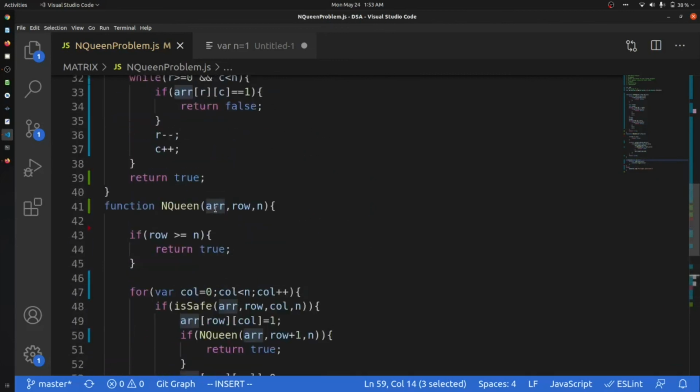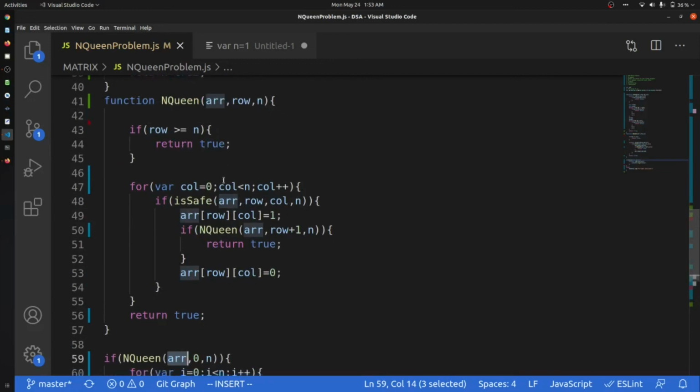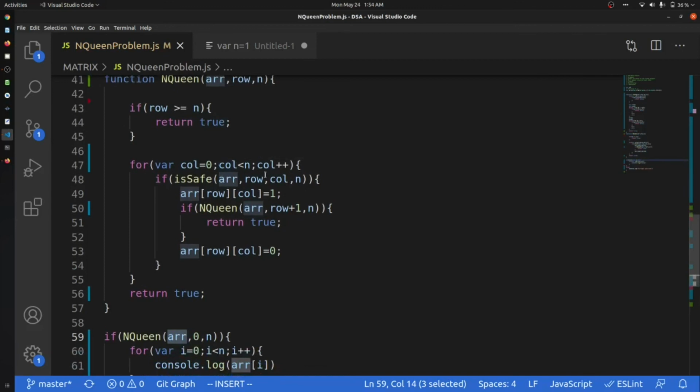We come to nQueens and check if row is greater than n, return true, yes. After that, we go to the column loop and first check if it is safe.